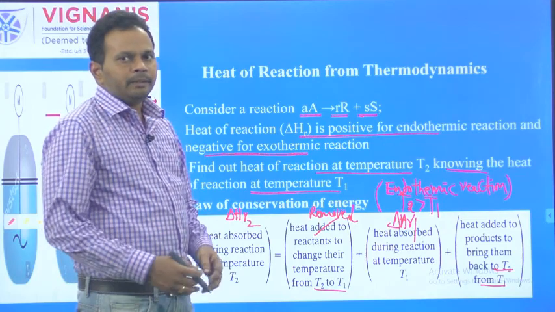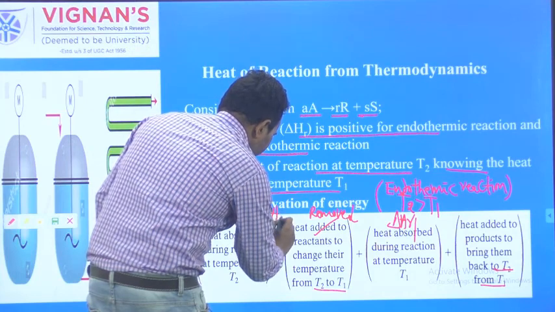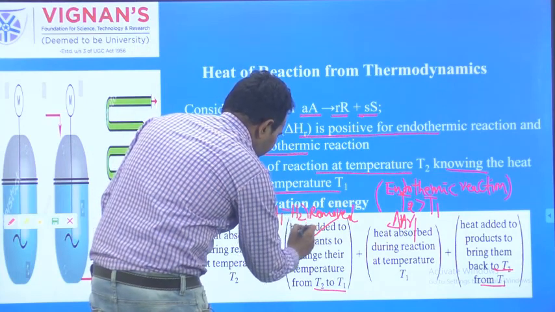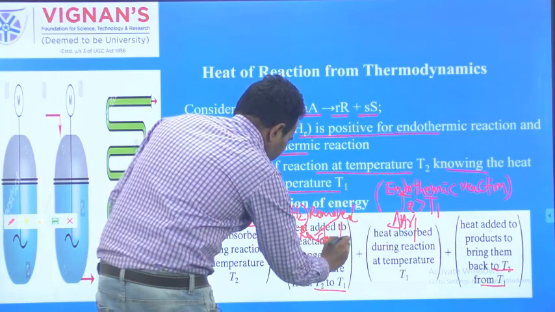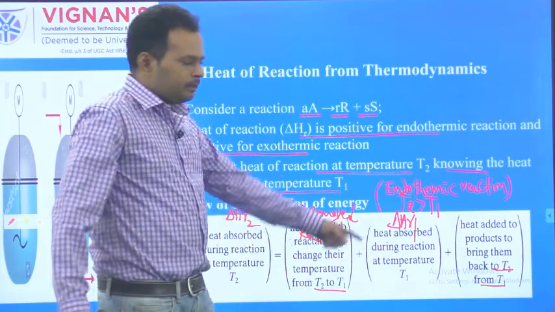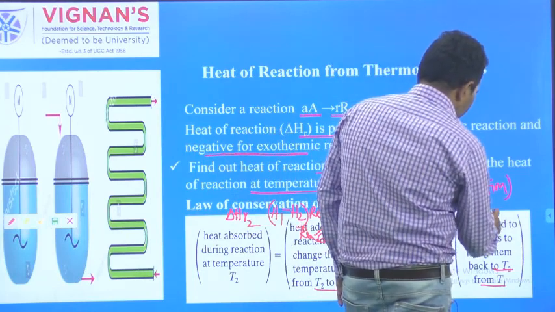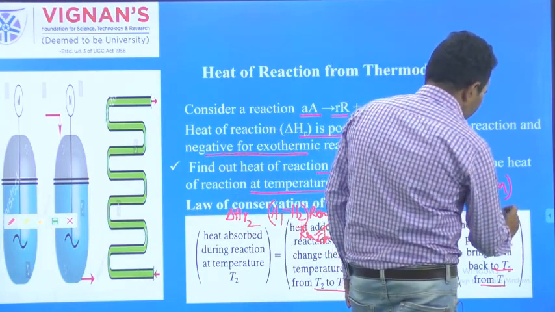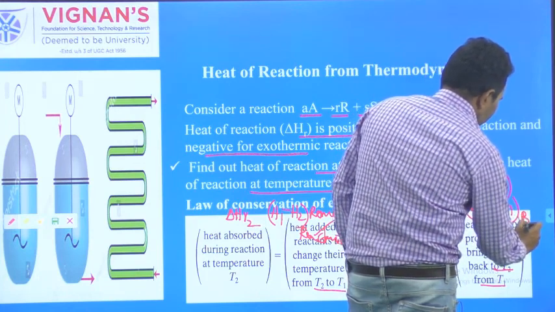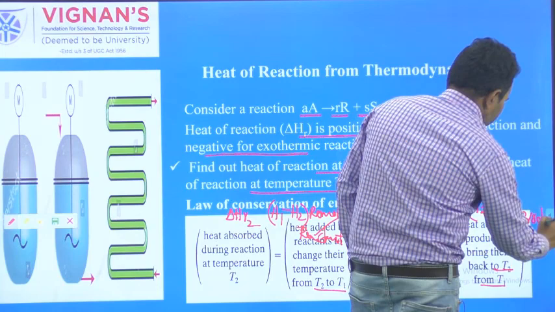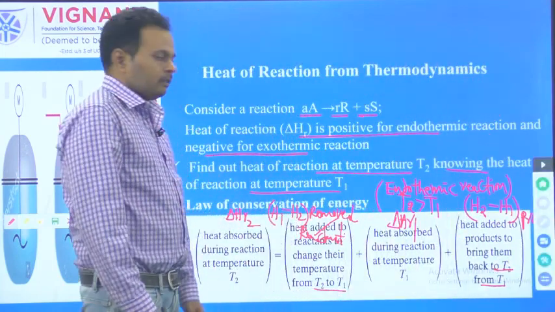At final temperature T1, assume the enthalpy of the reactants is H1. Final value H1 minus H2 for reactants. This is reactants. H1 minus H2 for reactants, and this is for products. The final value is T2, that is H2. At T2, assume the enthalpy is H2 for the product. At T1, the enthalpy is H1 for the product. So this is the product. So here find out the del HR2.